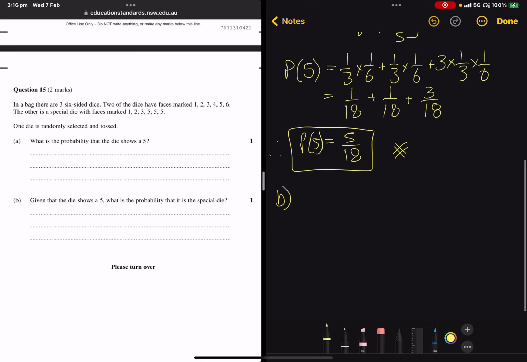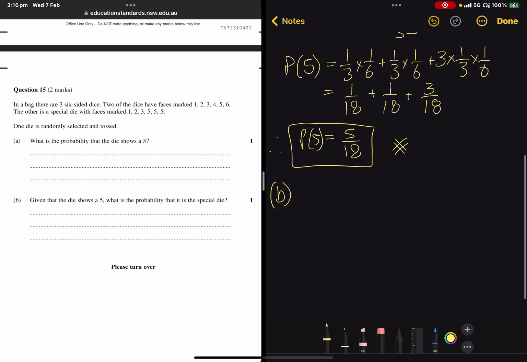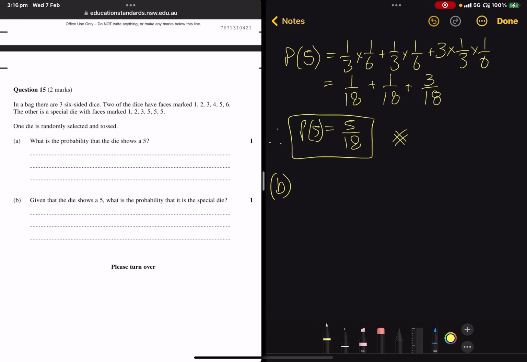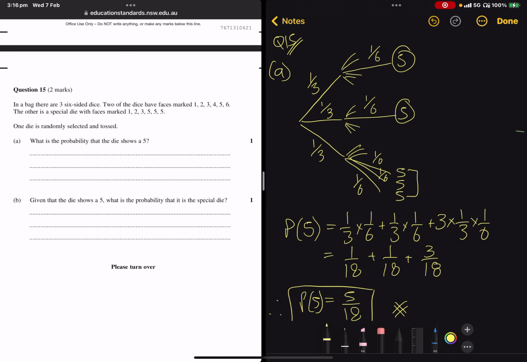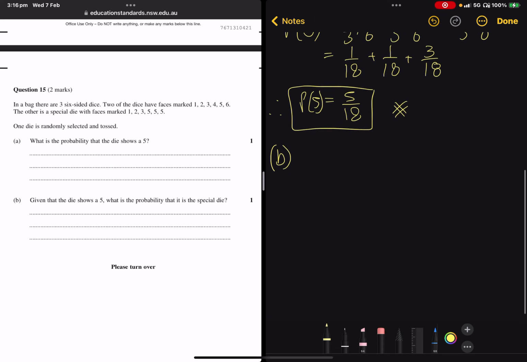For part B, so this is part A, this is just the first part. Now we're doing part B. Given that the die shows a 5, what is the probability that it is the special die? Well, up here we identified there were 5 ways for it to show 5. 2 of them were from the ordinary dice. 3 were from the special dice. And so that means the probability